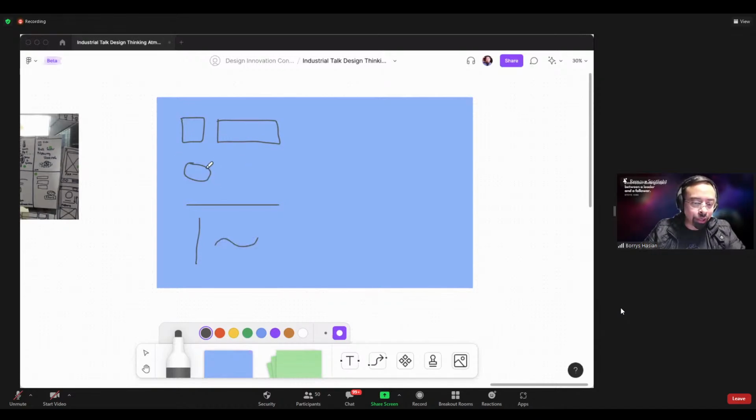As long as you can draw these four things, you're good to go, because everything that you sketch is only a combination of these. For example, if you want to draw photos, there you go. If you want to show text, you can just use lines. If it's not clear, you can always write a label, like "photos." Please use A4 paper.